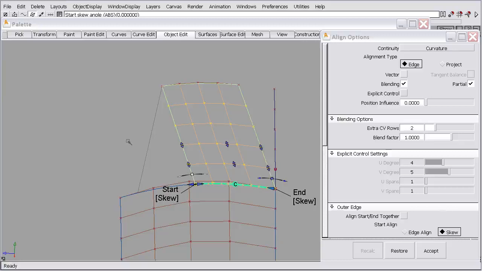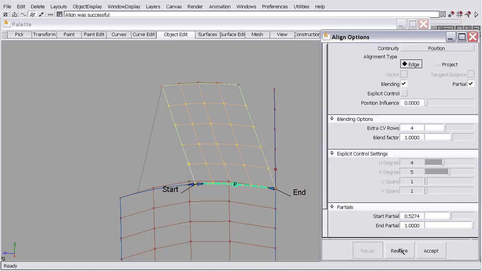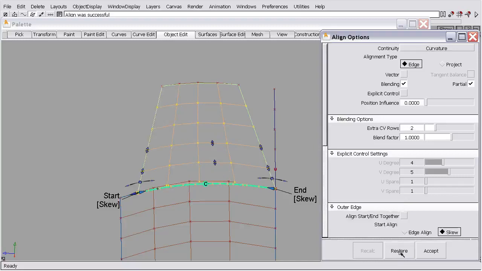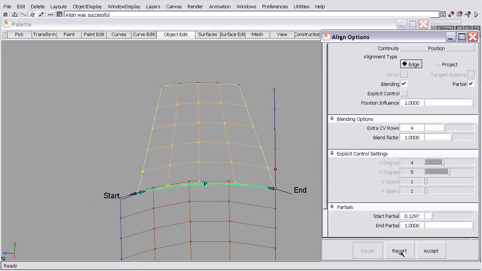So to go prior to an accept, you hit the restore button. That goes to right before I hit accept when we wanted to achieve curvature. And you can see now it's set to position. If I hit restore one more time, it goes back to before that accepted location, which we had curvature continuity. And if I hit restore one more time, it brings us back to our first place, our first movement